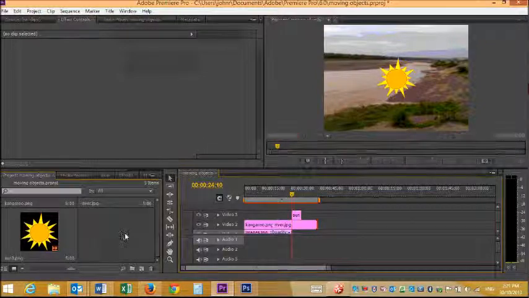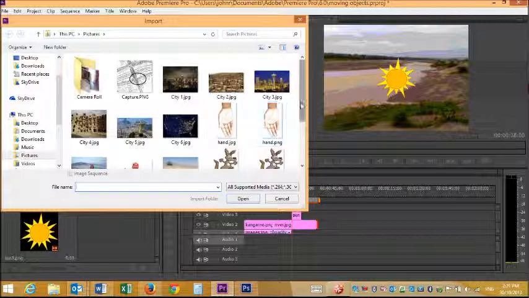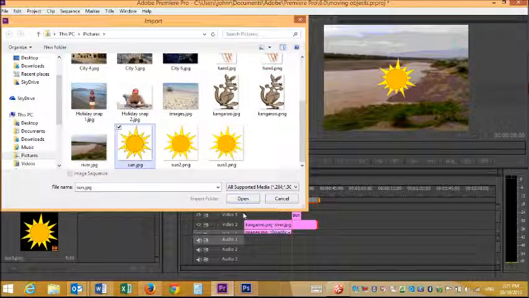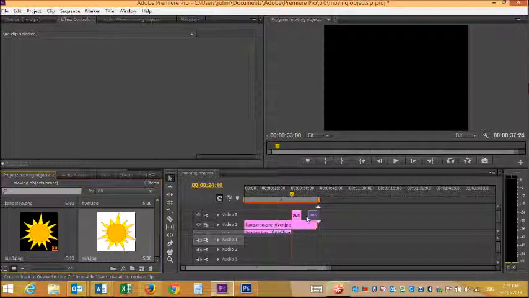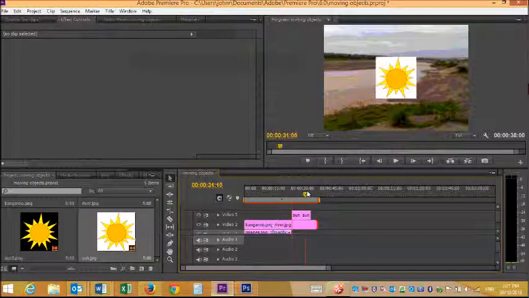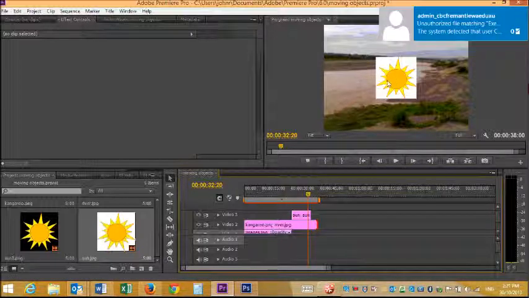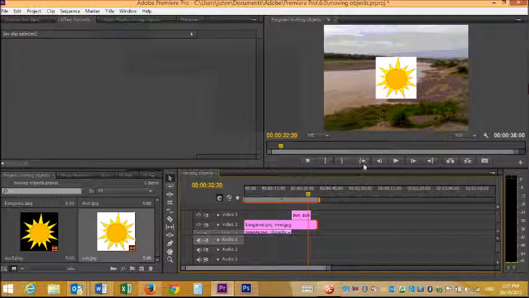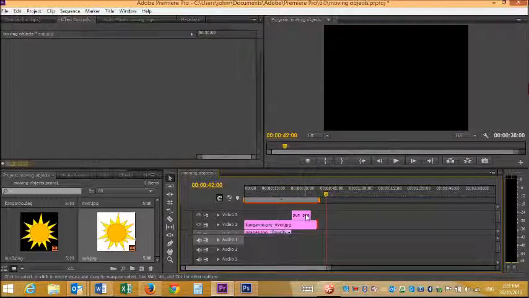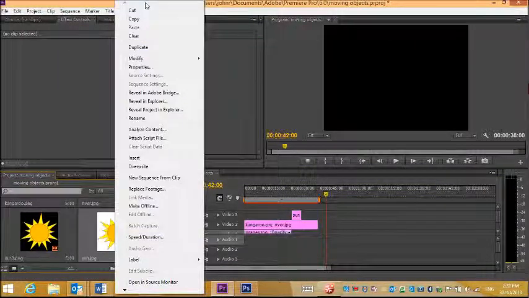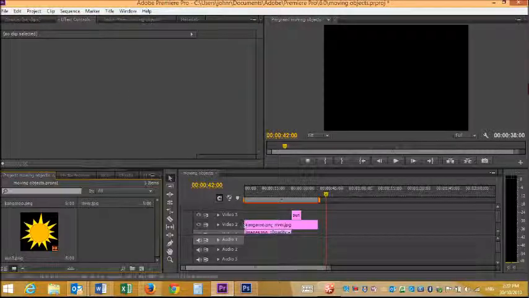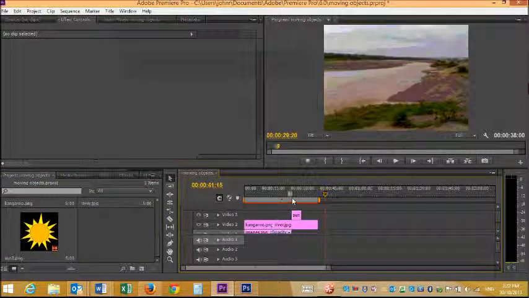To show you what I mean, if I went back to my original sun, that one, and I brought that in, and let's say I put it there, see the sun has the background in it? So you don't want that one, you need to remove the background. So to get rid of that one, I just right click, cut, right click inside here, cut, we don't want that one in. So there's my sun